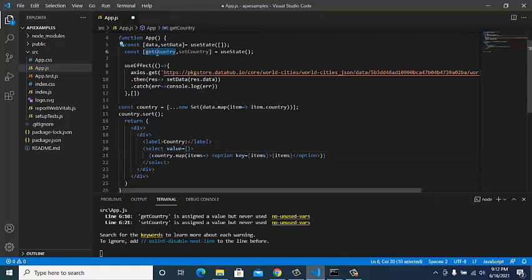Sorry, the value should not be over here, it should be inside option.